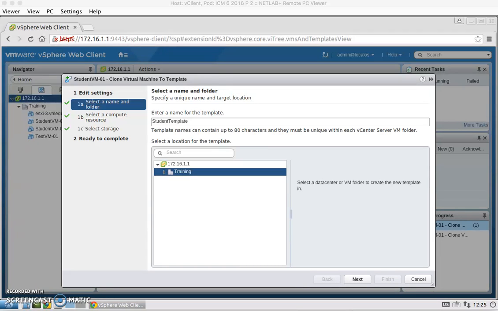For Lab 11, the objective is to deploy a virtual machine from a template and to clone a virtual machine. So for the first task, we're going to clone a virtual machine to a template, and as you can see here, I've already started the process. So I'm going to clone student VM-01 to a template, and that was just right-clicking, going to clone, and then clone to template. So I already set up our